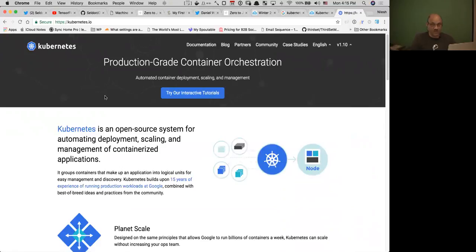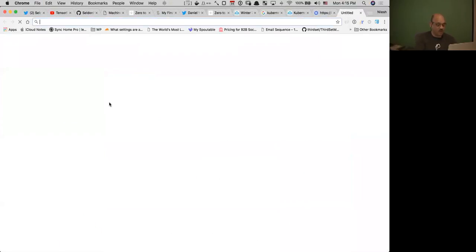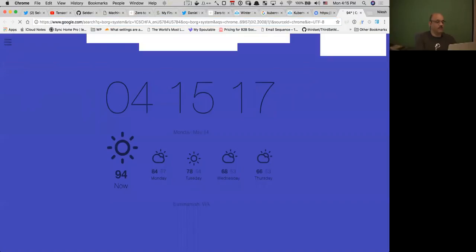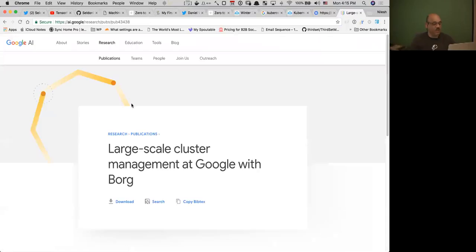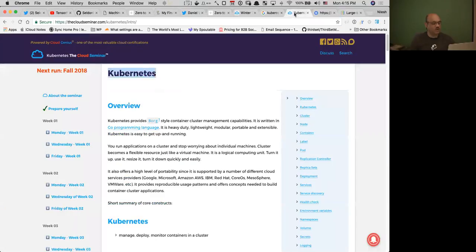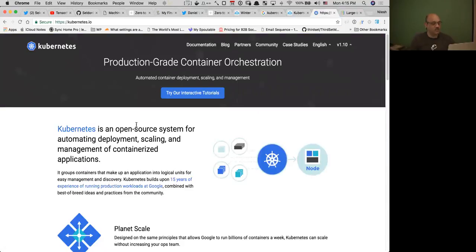And for the past 15 or so years, they have been using a product called Borg system. This is their internal system, which is their internal large-scale cluster management. And so they wrote this paper on the Borg system. And I think about 2 years or so ago, they decided to release this product, Kubernetes, in open source. And so it is based on 15 years of experience building and running production workloads at Google. That's the foundation of this product, which is what we today see as